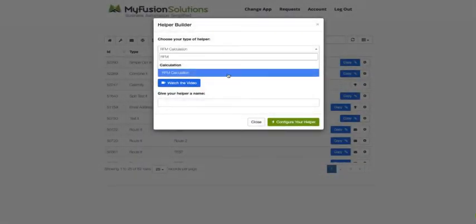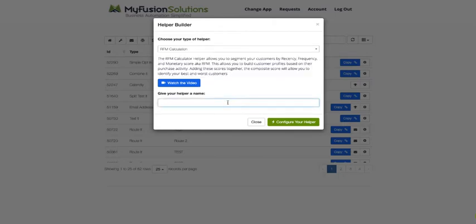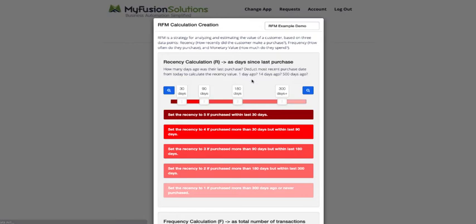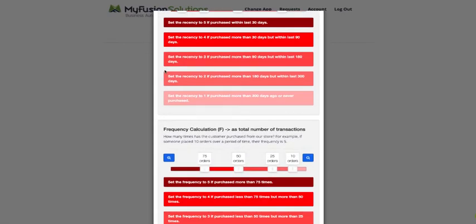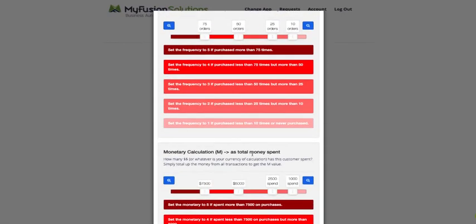Alright, so let's just go ahead and select RFM Calculation from our helper drop down. Let's give that an RFM example, and let's configure our helper here. Now when we're presented with the helper builder, we'll see the recency, the frequency, and also the monetary calculation aspects